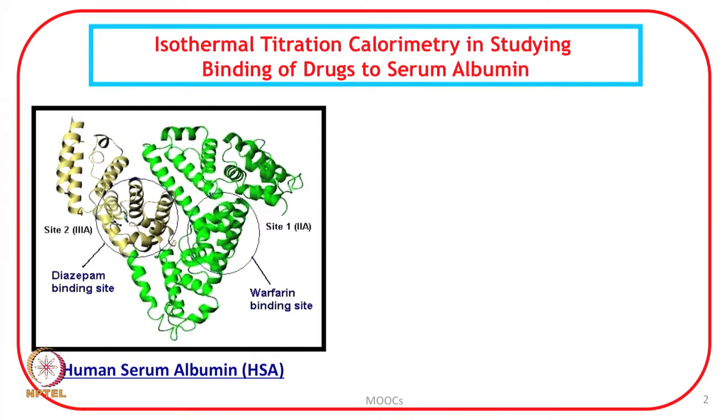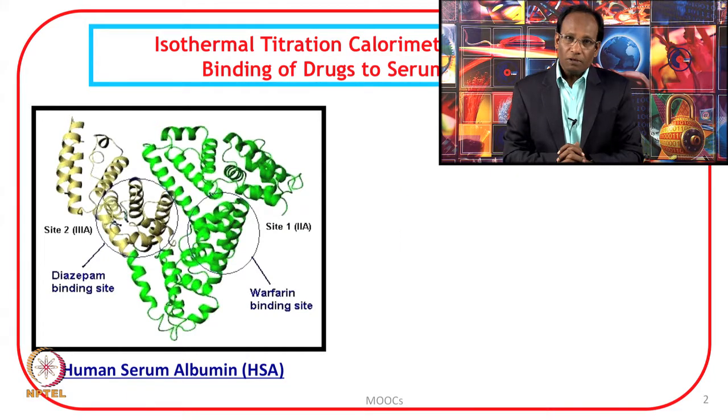And once again recalling my discussion in the previous lectures, serum albumin or human serum albumin is a main drug transport protein in the living system. It carries a variety of drugs to the target sites, and therefore, in order for the delivery of the drug at the target site, the binding affinity or the binding of the drug molecule with the serum albumin has to be optimum,